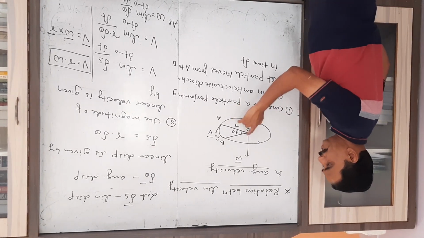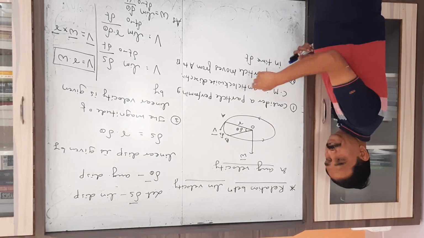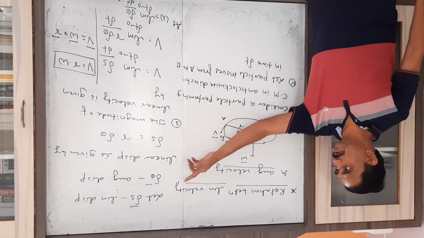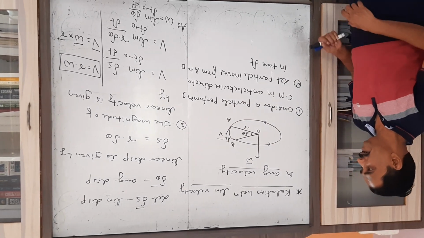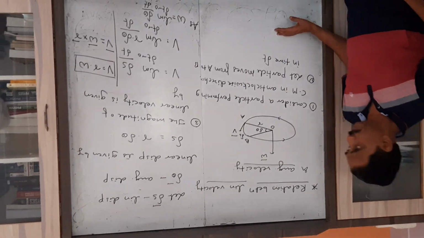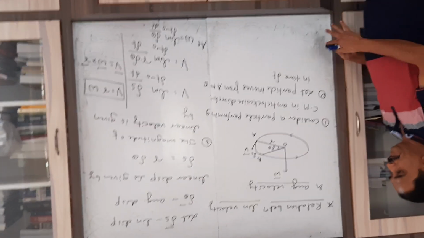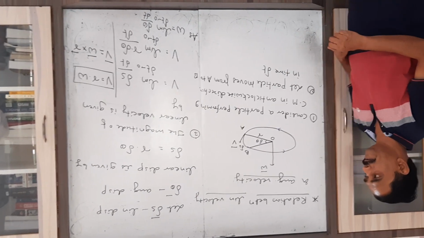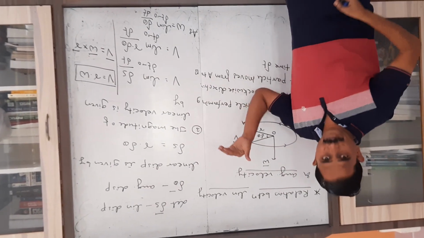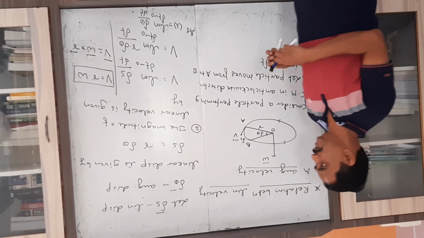Now if we join OA and OB, then we get the angle made by that radius vector, which is called angular displacement. The arc length AB is called linear displacement, and r is the radius of that circular path. So let a particle move from A to B in time delta t. Now if we consider delta s as the linear displacement and delta theta as the angular displacement, then by the definition